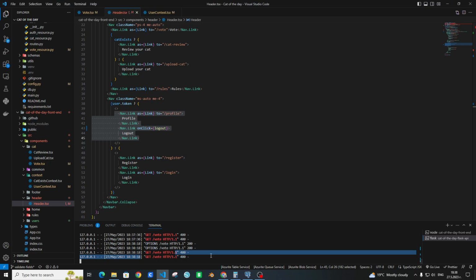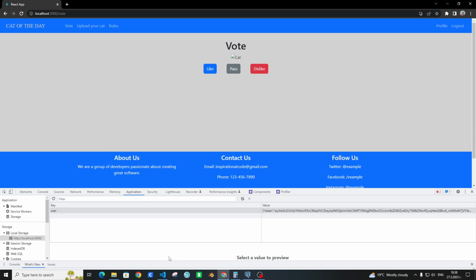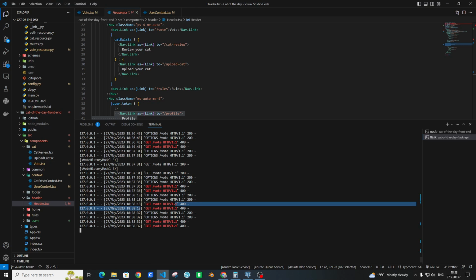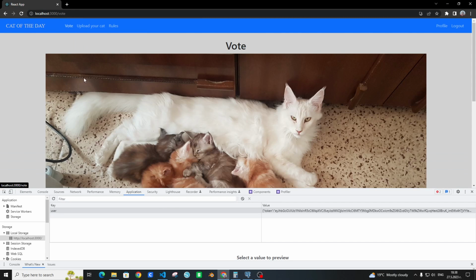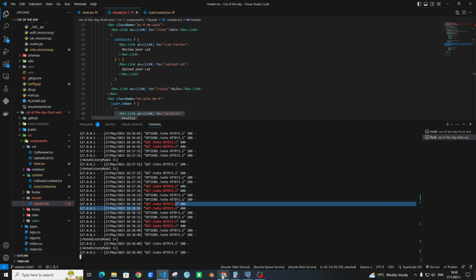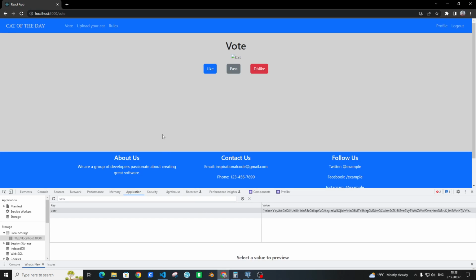I will show again. You can see. Let me extend this a little bit to see better. I will go here, but now I have it. You can see. Now I will reload, 400. Okay, why is this happening? Why when I'm reloading everything is fine? Why is this not working? So I will show you.